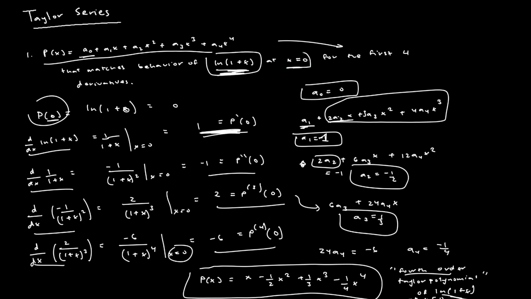the emulation started at x equals 0. So at x equals 0, we would have a perfect match of the function, and as we move away from x equals 0, we would not be perfectly matching the natural log of 1 plus x, but this polynomial estimates how the logarithm of 1 plus x behaves